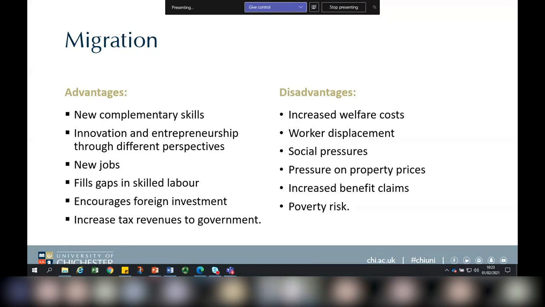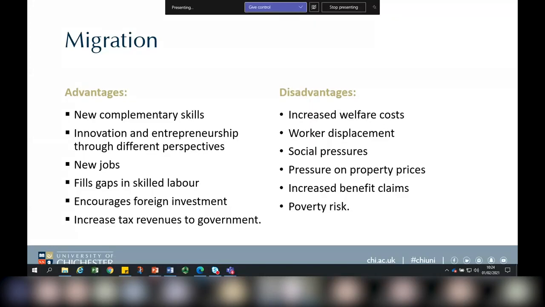However, it's important to think about the advantages that skilled migrant workers provide. They do provide new skills and different ways of working. In their countries, they've got experience in different ways. A lot of the skilled migrant workers coming over are way over-skilled for the role. It also provides new jobs. As a result of them coming over, it opens up jobs, and they fill gaps in skilled labour. Some of the jobs UK people don't want to do, such as cleaning, nursing, especially in social care, and agriculture.